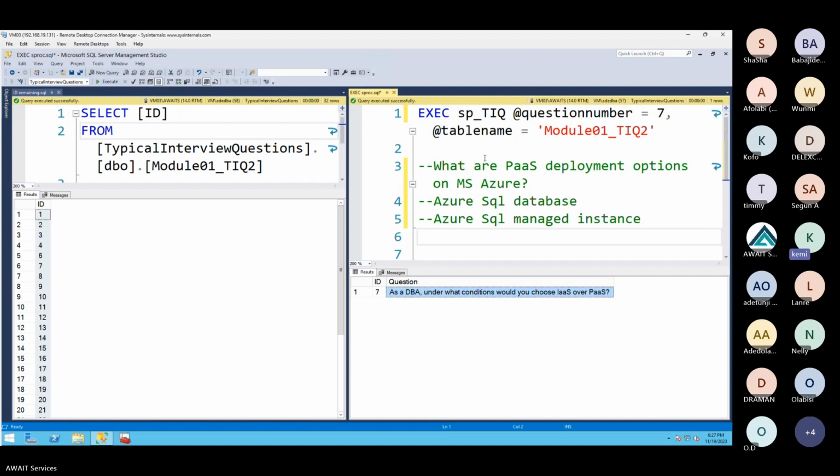That's kind of tricky. It's not tricky. Okay, let me help. I can start. So basically what they're asking here is what you said, but you have to be more specific, in the sense that you have to tell us the advantage of IaaS over PaaS, which you mentioned. But you didn't put it in the way that I wanted you to put it. So if I was going to answer this question, I would say I would choose IaaS over PaaS in a scenario or a situation where we require all the available features that we have on-prem. Because IaaS, even though it's on the cloud, it provides us, or it's similar